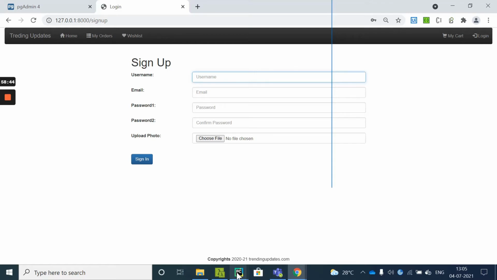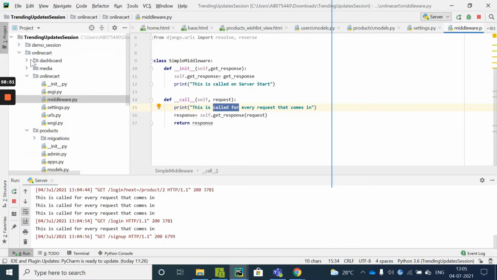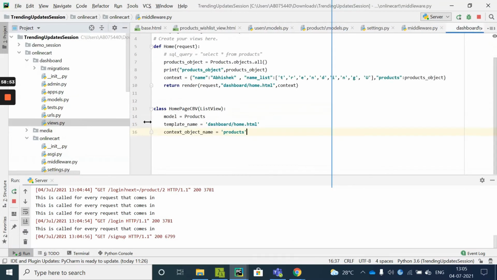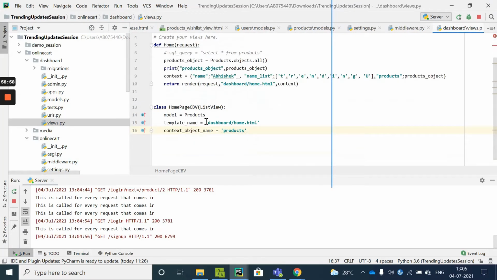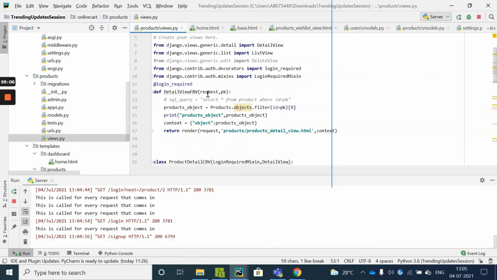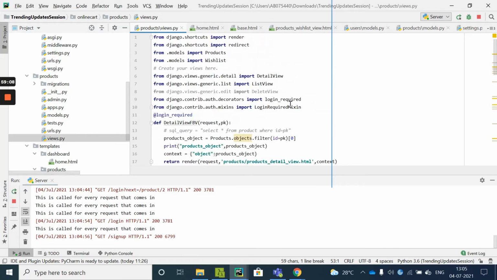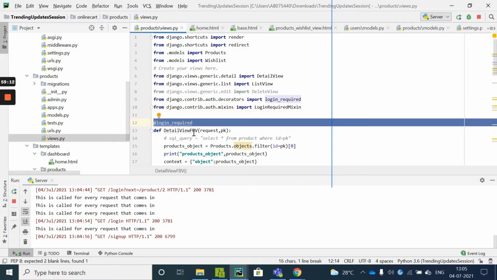We'll quickly go ahead and see what code we had written earlier for login required. Once you move into the dashboard views section, you see here inside the home or homepage CBV, we hadn't added any login required things. Moving to the products views.py file, you see that the login required decorator was added to the detail view page.